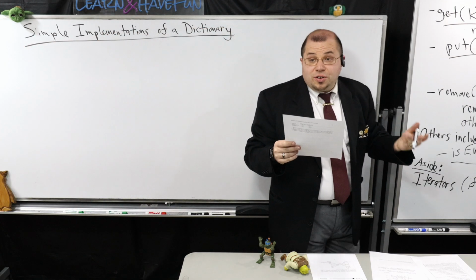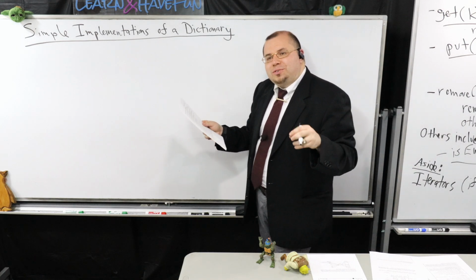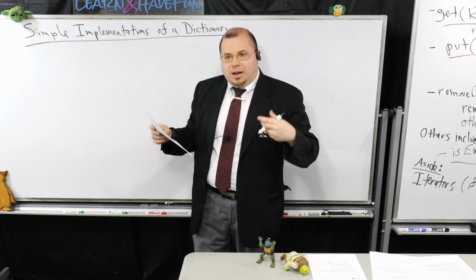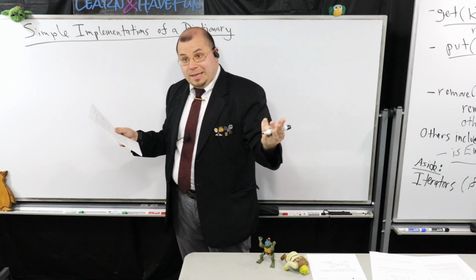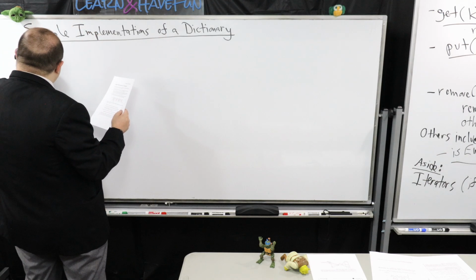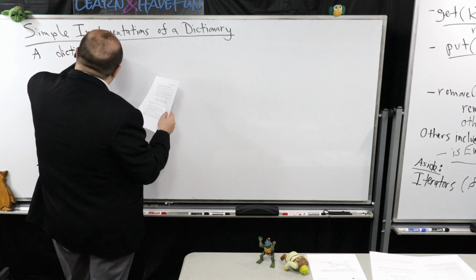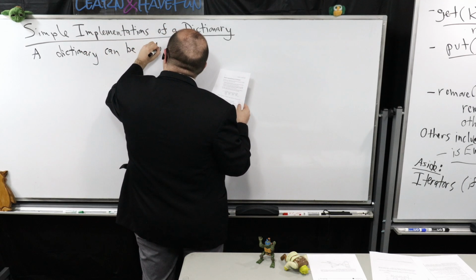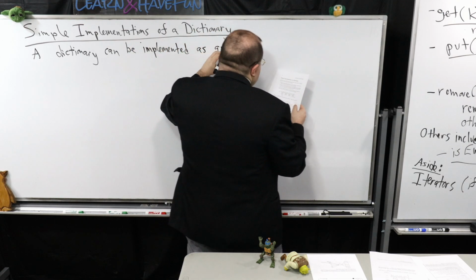So the first one I'll start off with is a linked list. Keep in mind that I'm going to imagine my dictionary like an unsorted list, where the underlying data structure that's being used to maintain an unsorted collection of elements is going to be a linked list. So the first one I'll talk about here is that a dictionary can be implemented as an unsorted list